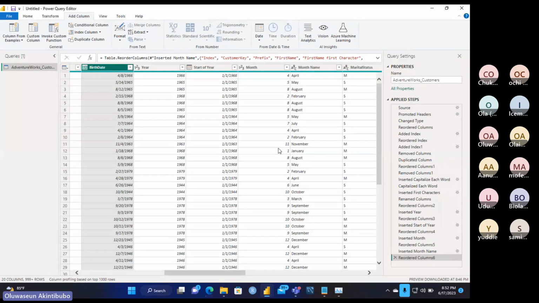Yes. Wait, let me explain this again so that we understand it once and for all. When you want to add a new column, you do that from your add column menu. When you want to change an existing column, you do that from transform column. So before you do anything, make sure you understand: am I adding a column or editing or transforming a present column? If I'm adding a new column, then I have to do it from add column. If I'm not adding a new column, then I can transform an existing column.